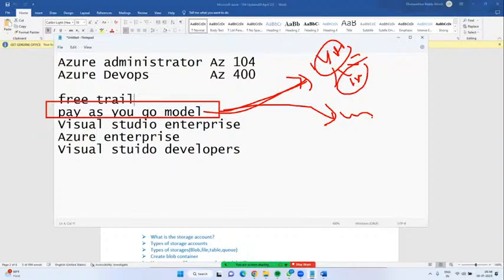The project is over and we have destroyed the services. That is how organizations use these subscriptions. If you need 3, 5, or 10 years, they will go for Azure Enterprise. That all depends on business requirements.